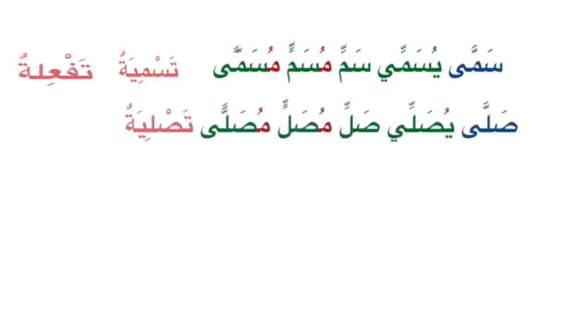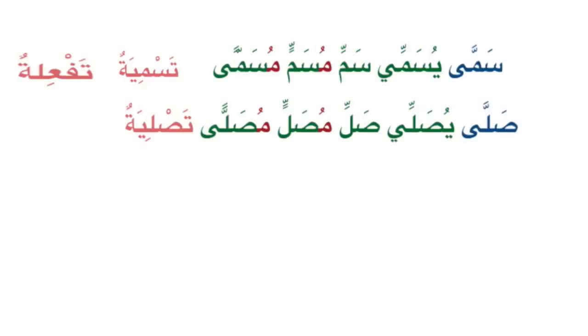So salla, right? Yusalli, yusalliyu is actually yusalli. Salli is the amr, and musallin. So we know musallin, even with this kasra of tanween, is marfu, and musallan, which normally we call musalla, is a place which is prayed on, and tasliyatun. So one more thing which we need to remember about musallin is that on its own